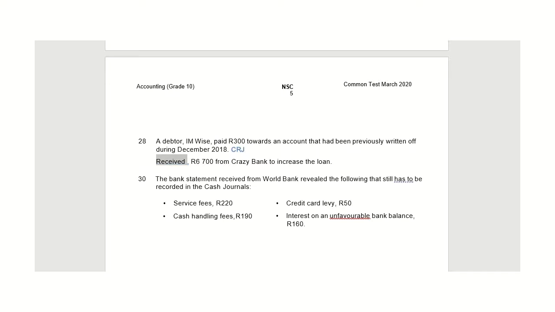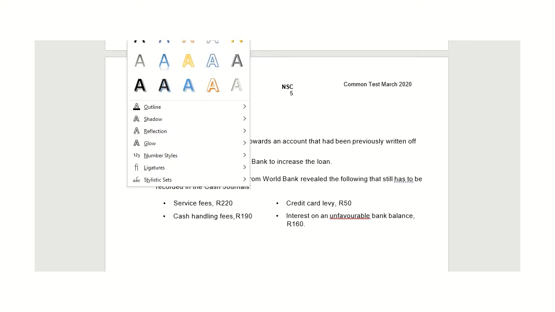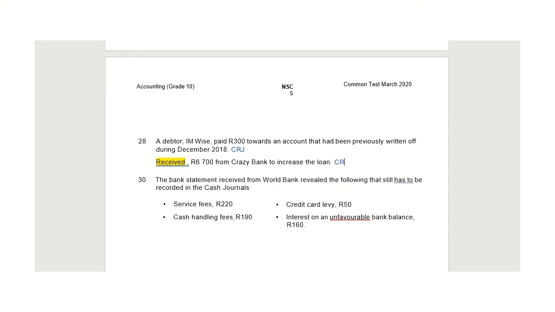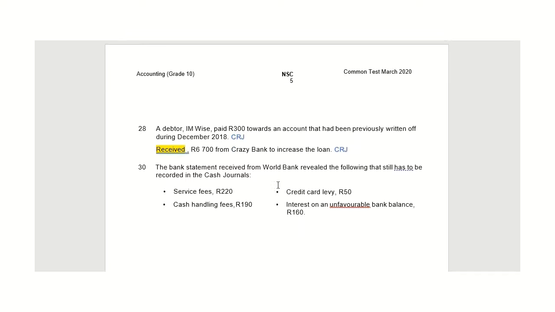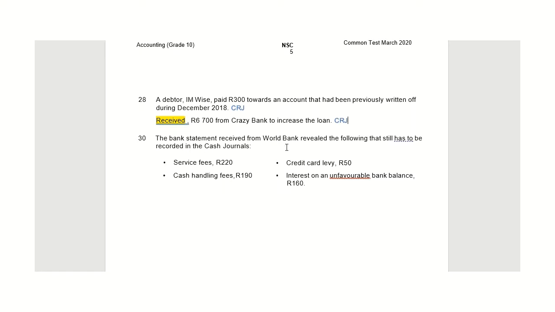Receive again, 6,700 from Crazy Bank to increase the loan. So receive, CRJ. Okay, then on the 30th, the bank statement revealed the following that still has to be recorded in the cash journals. Anything that we pay them for the handling of the account, like service fees, cash handling fees, credit